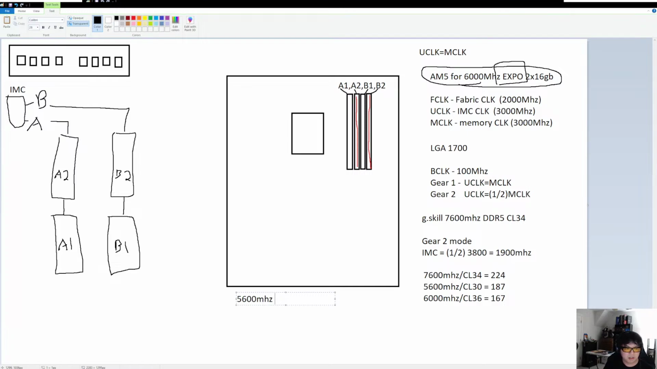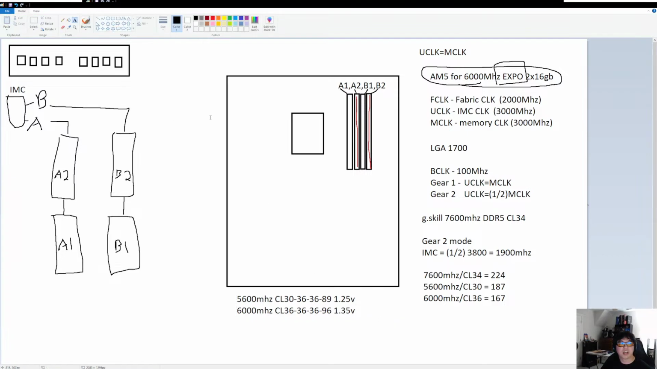This is CL30, 36, 36, 89, 1.25 volts. That's this one, okay? The other one, the AMD EXPO memory, is 6000 megahertz, and the primary timings are CL36, 36, 36, 96, 1.35 volts. Okay, so what I'm going to tell you guys is all you got to do, if you want to see